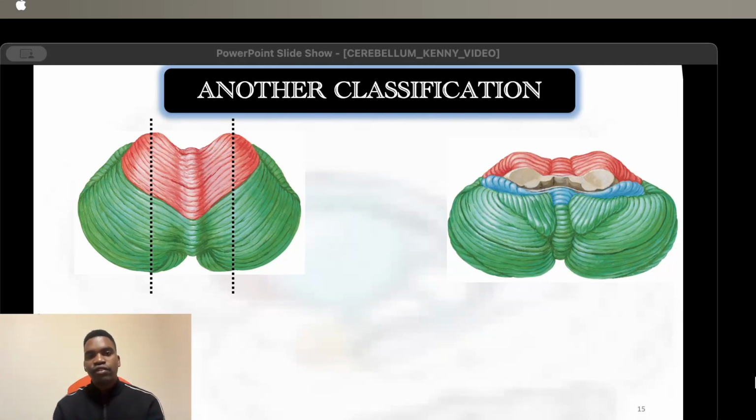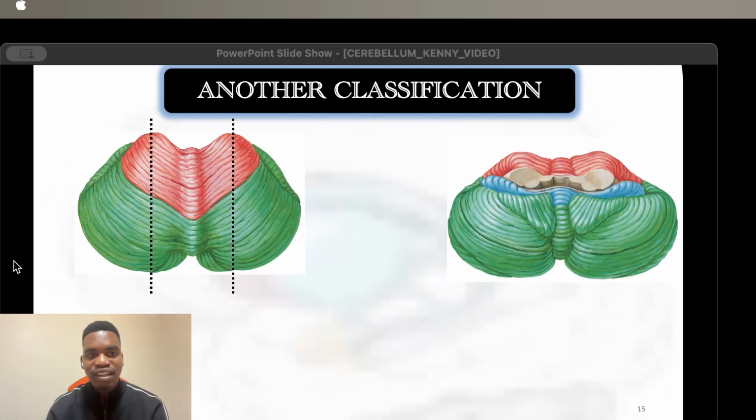The first classification we have seen: the vermis, the intermediate zones, and the lateral parts. Recap: the vermis together with the flocculonodular lobe made the very first part. The second part was the intermediate part on the other side, and the last one was the lateral part. But in this classification now, we will see that it is divided